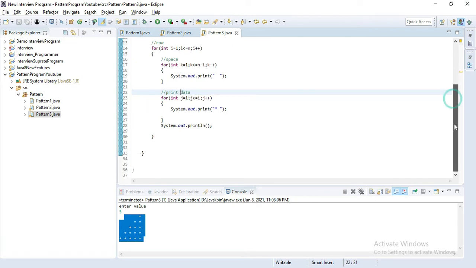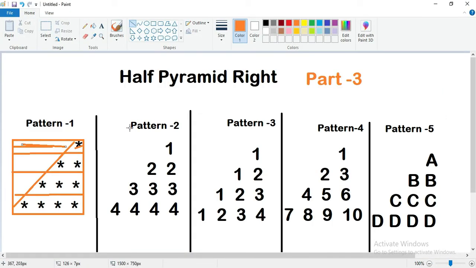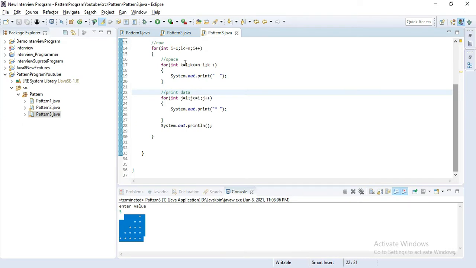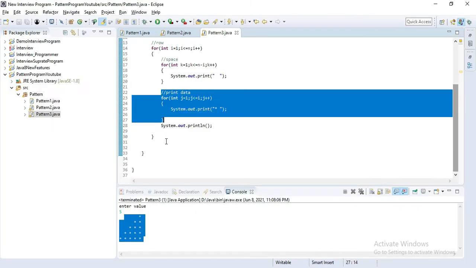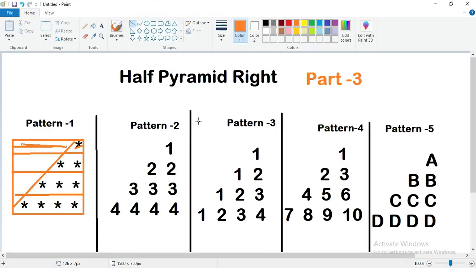Now let's perform the second pattern. In the first pattern, you already understand how we maintain a space, then print our star. Now we have to print this second one. This is pretty simple. If you watch our previous video, you will get an idea how we can make all these patterns. Once we are done with the first pattern, we make some minor changes and we can create the remaining four patterns.